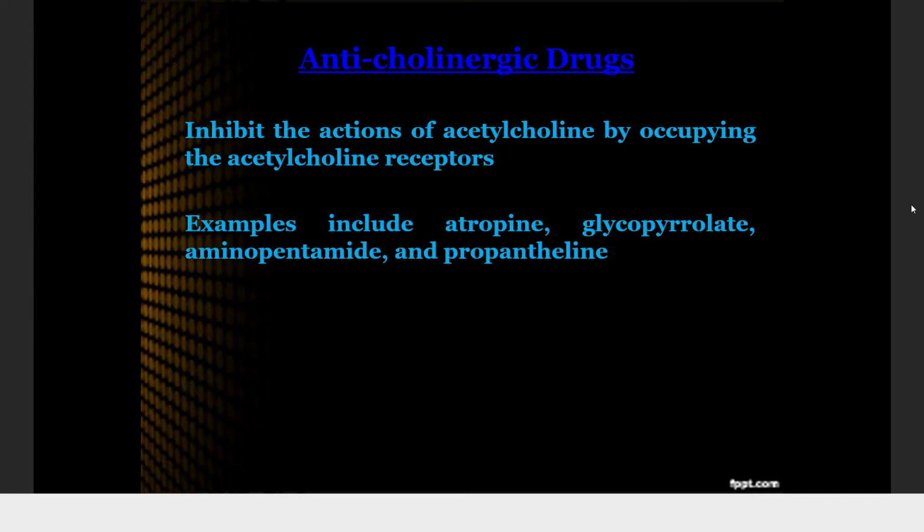That is the function of anticholinergic drugs on the smooth muscle: they cause relaxation of the visceral smooth muscle controlled by cholinergic receptors and remove muscle spasm. On the eye, it produces mydriasis by relaxing the pupil sphincter. Mydriasis is the dilation of the pupil. On the glandular organs, they inhibit the secretion of many kinds of glands. If they act on the salivary gland, they reduce the production of saliva.